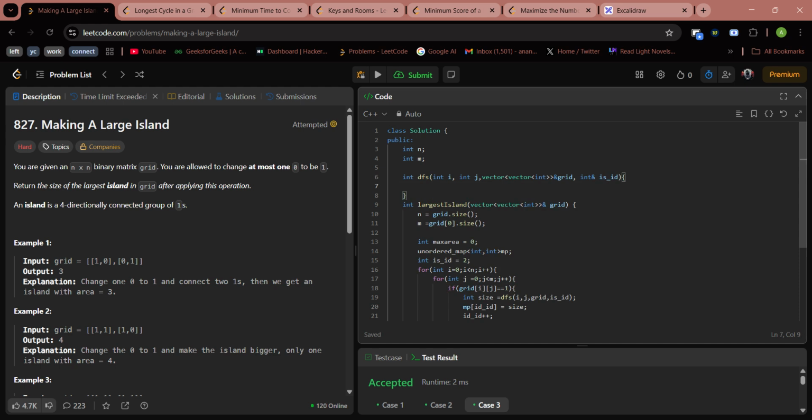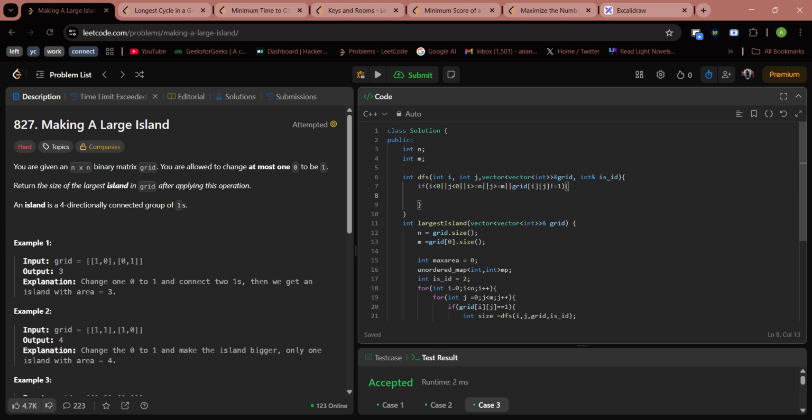Now do one thing, that is first let's check the conditions. If i is less than 0, or j is less than 0, or i is greater than or equal to n, or j is greater than or equal to m, or grid i bracket j is not equal to 1,